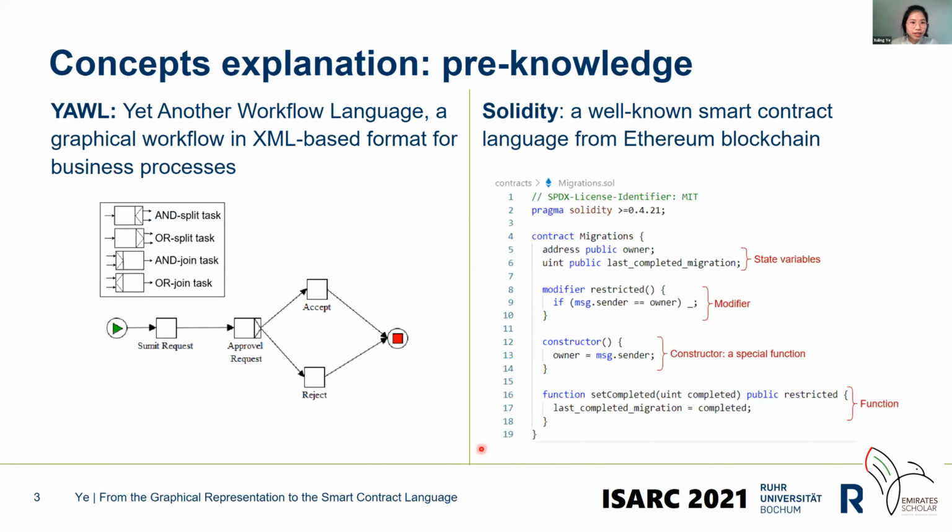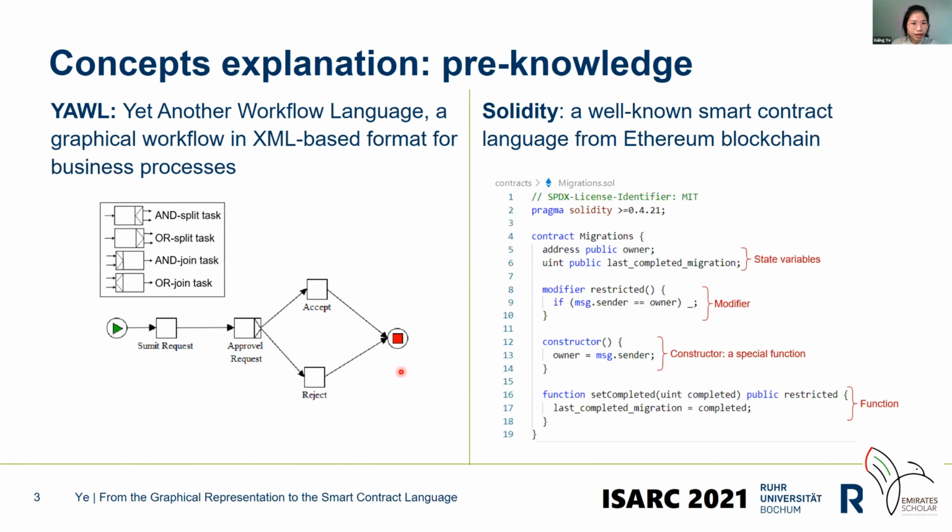In this paper, the selected graphical representation is called YAWL, Yet Another Workflow Language, which is a graphical workflow language in an XML-based format for business processes. In this YAWL example, there are 4 tasks. After starting, execute the submit request task. After it finishes, the approve request task is an OR-split task, which will go to either the accept task or the reject task,